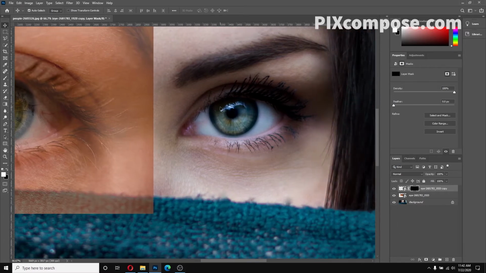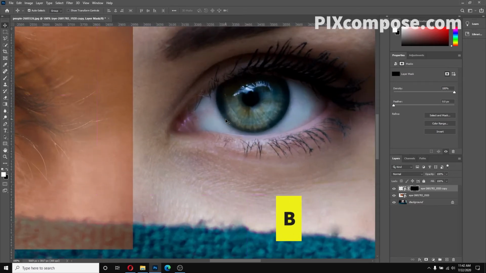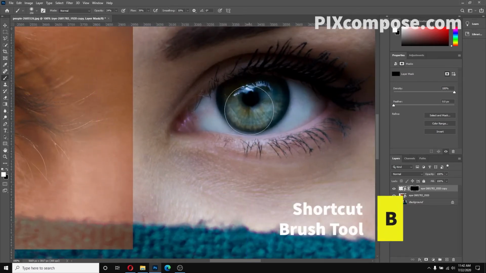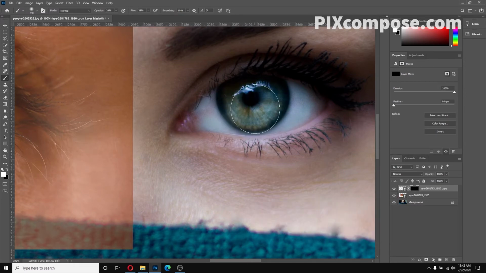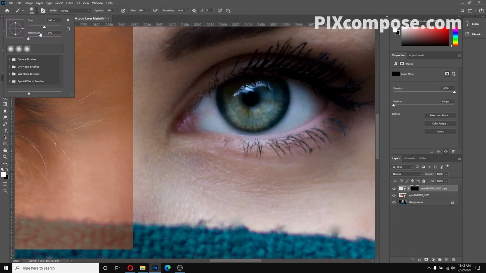So now we have to paint with white on the area which we want to replace here. So how can we do that? You can see that we have the white color in the foreground. So now I will press Ctrl plus to zoom in and press B to select the brush tool, or you can click here to select the brush tool. So now with the brush tool selected, make sure that your brush is soft.